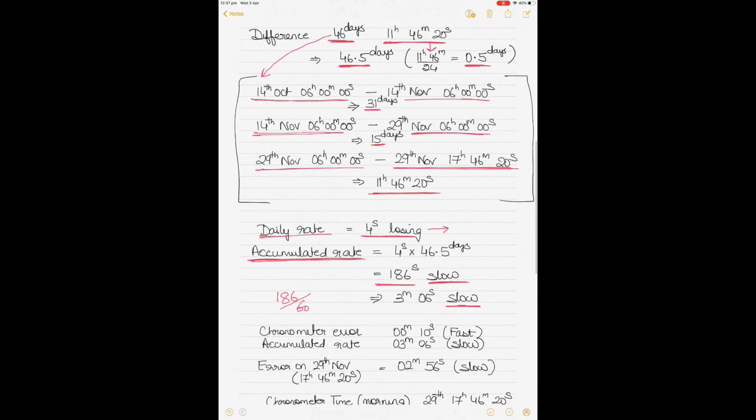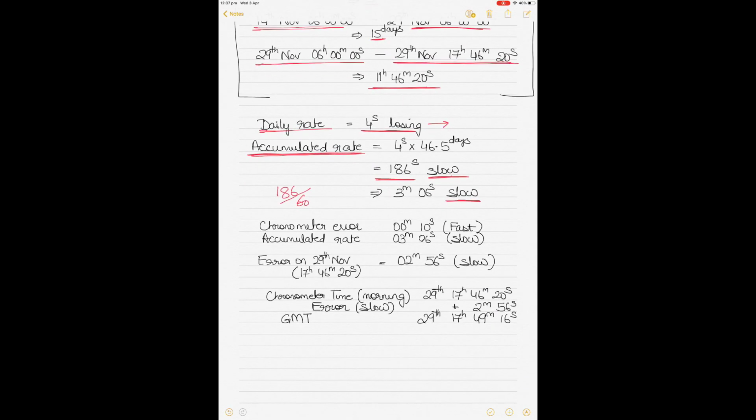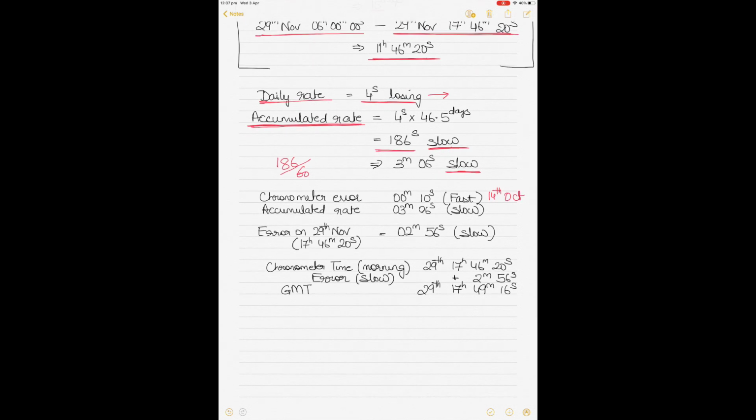So if the chronometer error was 0 minutes 10 seconds fast on 14th of October, that means the chronometer at that point of time was fast. That means it was running ahead of the GMT. So if the GMT was say 12 o'clock, the chronometer was showing 12 o'clock 0 minutes and 10 seconds. It was running faster. But what has happened is that over a period of time, from 14th of October to 29th of November, you have actually lost 4 seconds a day,